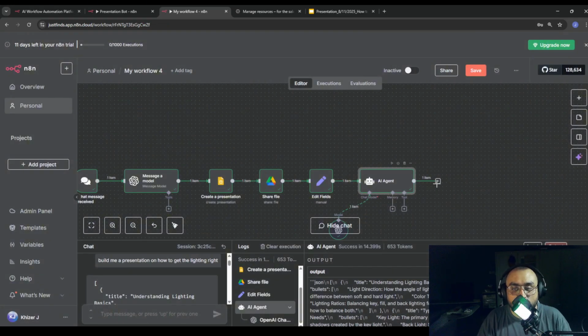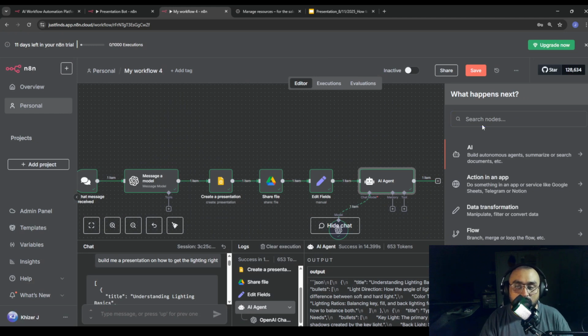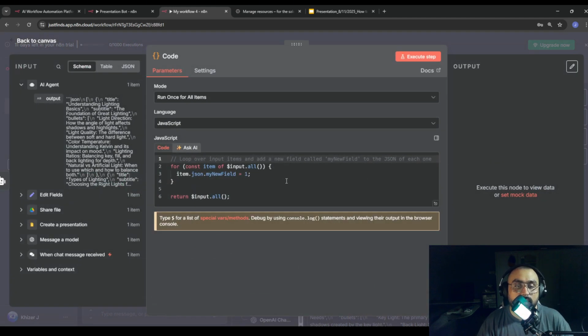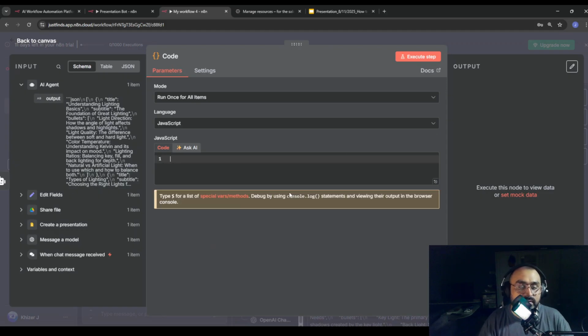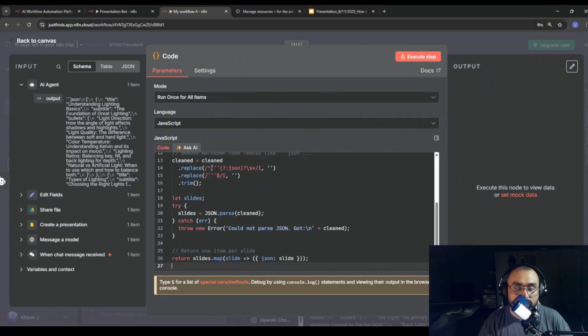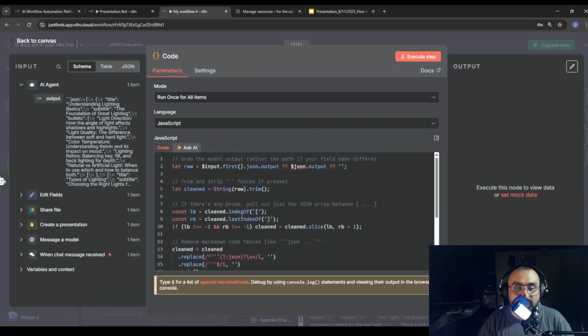So in the next step, what we're going to do is we will add a code node, where we're going to delete all of this crap. Copy this code into this over here. I'm going to leave a link somewhere in the description where you can download this code from. I wouldn't expect you to build this from scratch, so that's that. Once that's done,